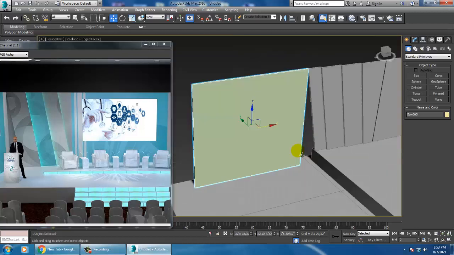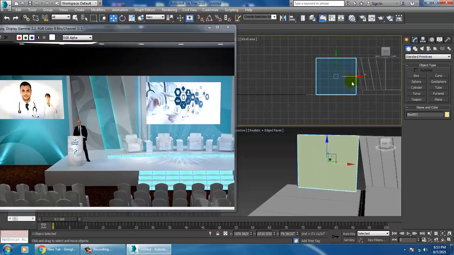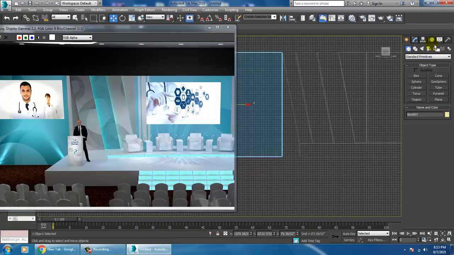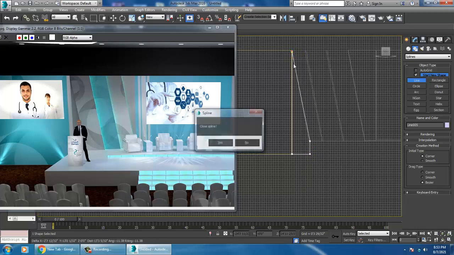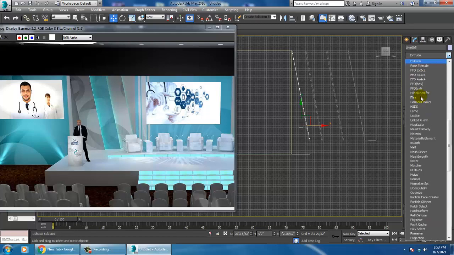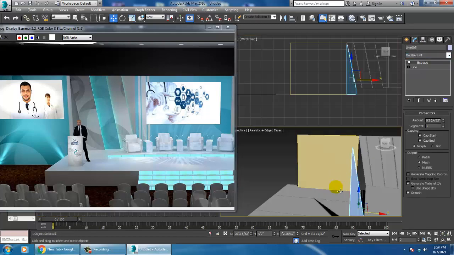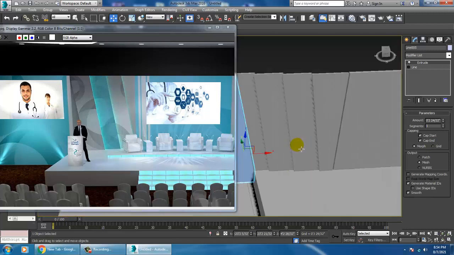Alright, so we need to close this area. I'll again go into the line tool, close this, and give an extrude modifier slightly.